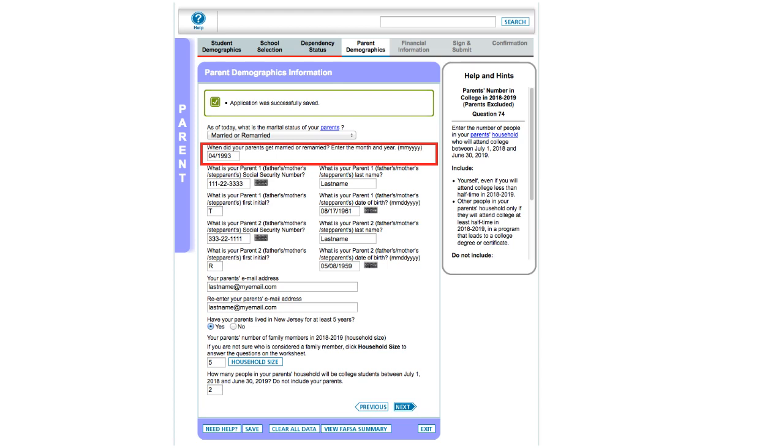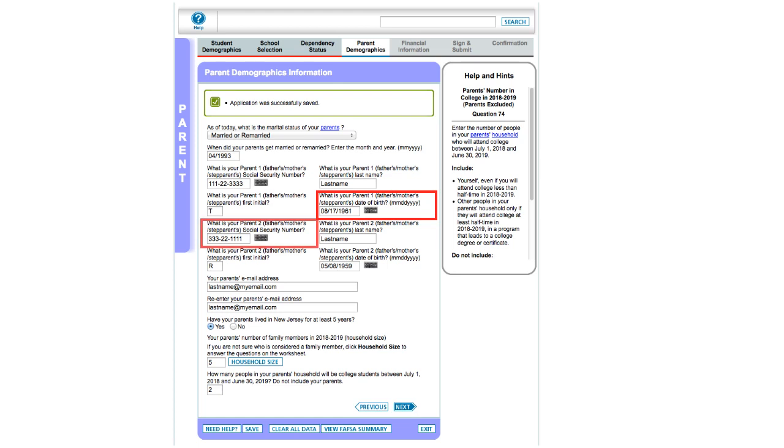If they are still married, they are asking for the month and year they were married. If they are currently divorced or separated, they will ask for the month and year they were divorced or separated. If your parents were never married and are living together, you will have to report both parents' income. You have to enter in the date of birth, social security number, last name, and first initial for all the